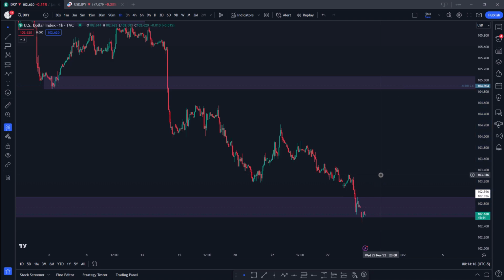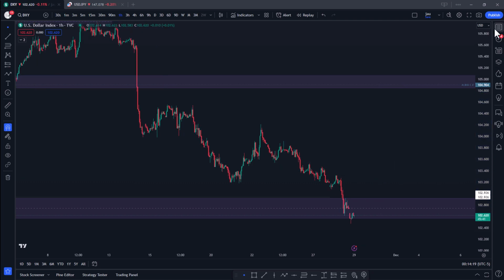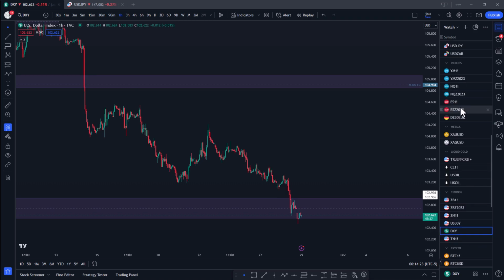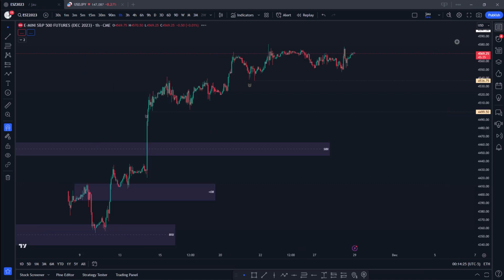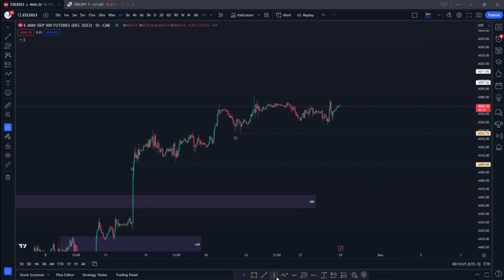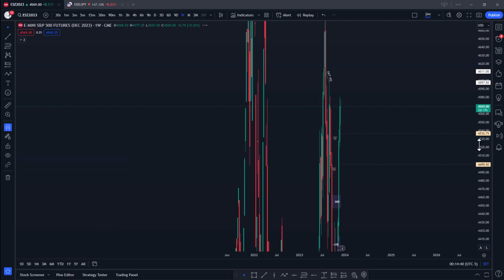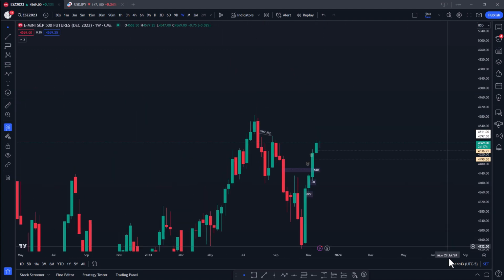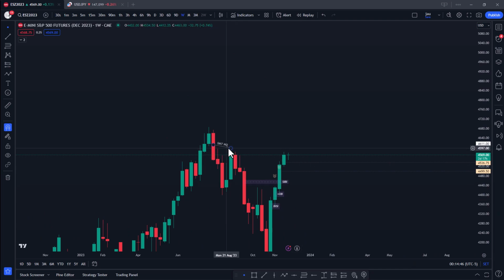And then the second thing I wanted to note was on the indices, the S&P 500, for example. I mentioned at the beginning of this week that I would like to see a discount price, a discount push for me to be able to buy this, because ultimately I'm still bullish on these based on high time frame draw and liquidity. So paying attention to the weekly charts, for example, we have this buy side liquidity